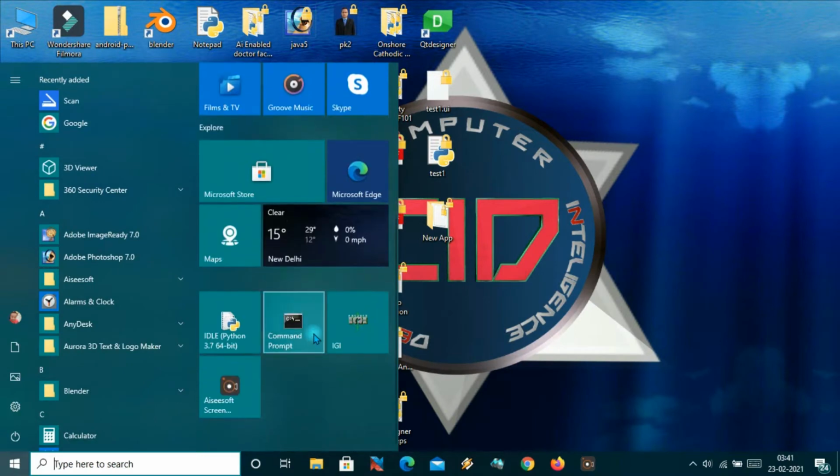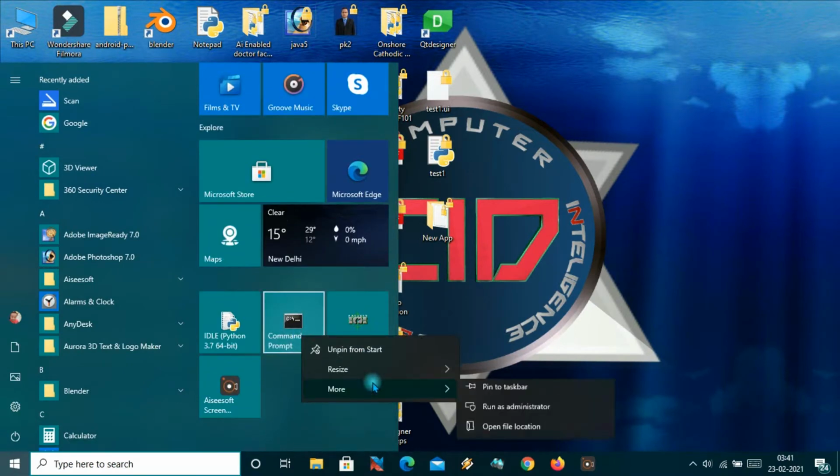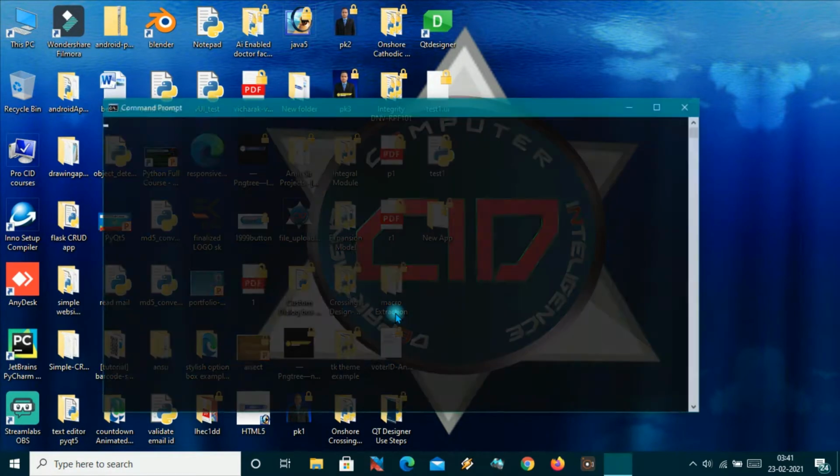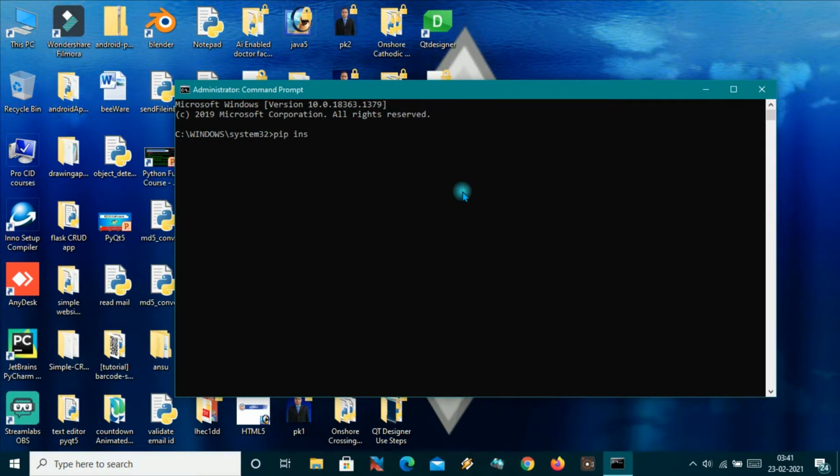Open your command prompt, or anything which you want, like Git or PowerShell or Anaconda, anything which you have. It's necessary that you must have PyQt5, and you will also need PyQt5 tools.